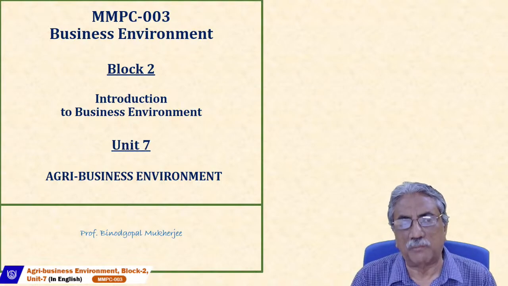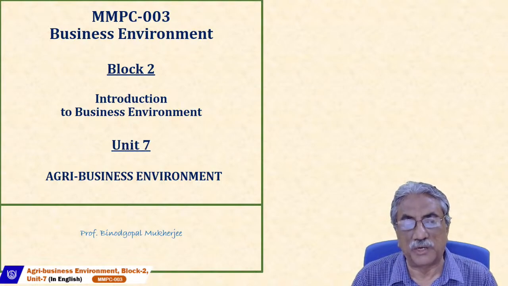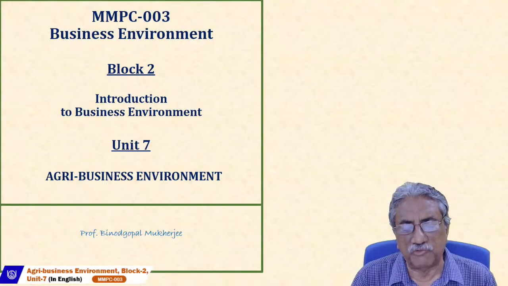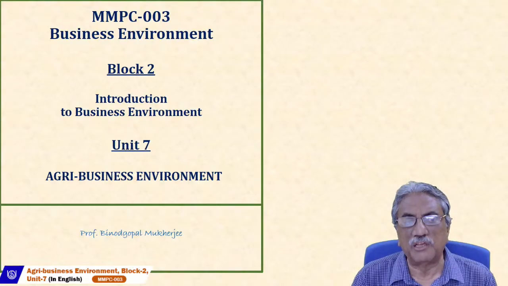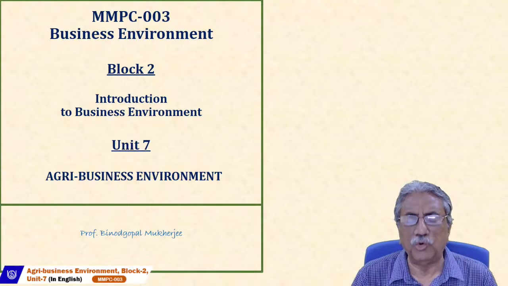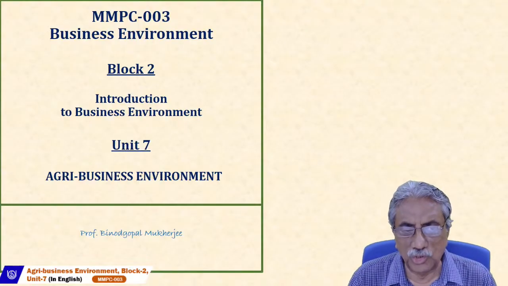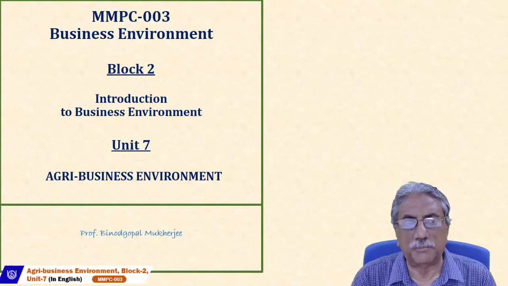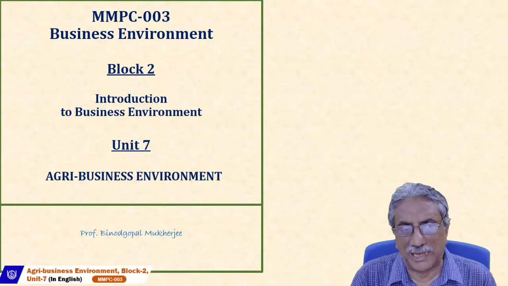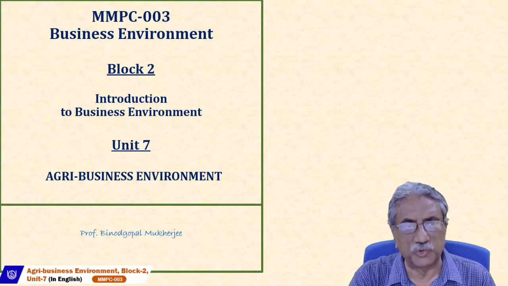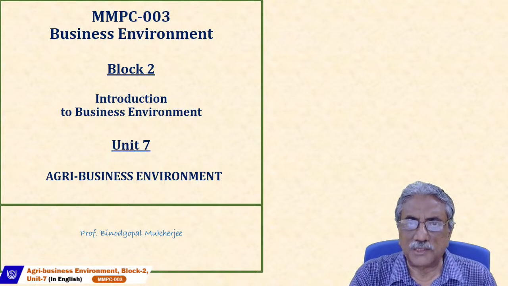Like yesterday we talked about financial environment, industrial policy environment. Before that, we studied about financial environment. We are giving you a broad idea, an introduction to this environment. If you want to go deep, you can go deep on your own. But we are covering here the broad view of how the agribusiness policies and other things have changed over a period of time. So with this introduction, I am going to the objective of today's session.